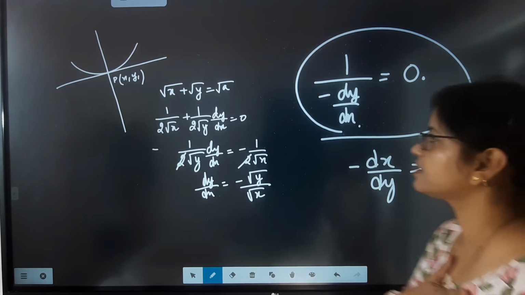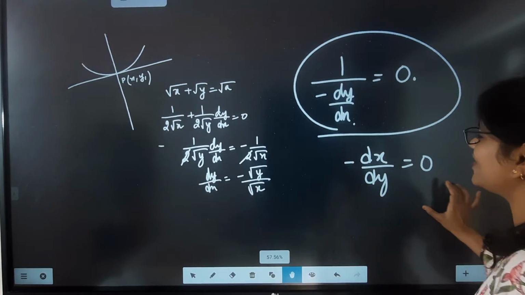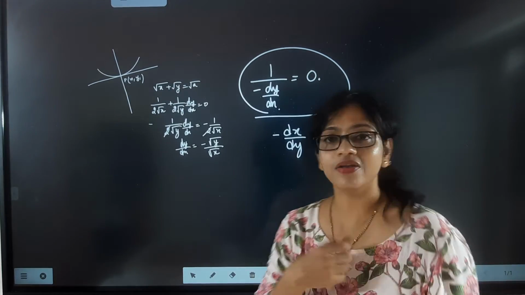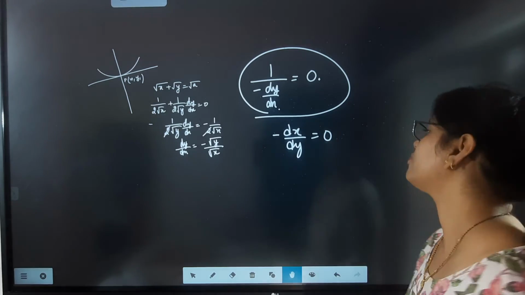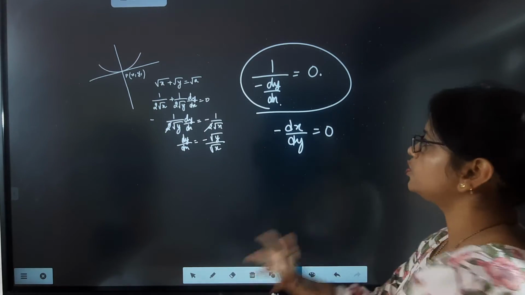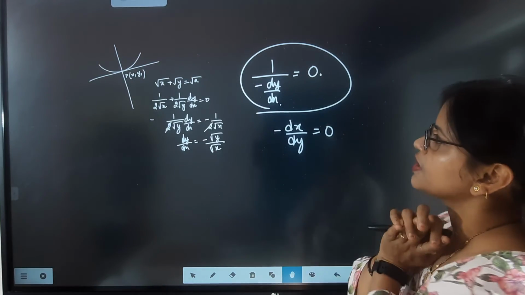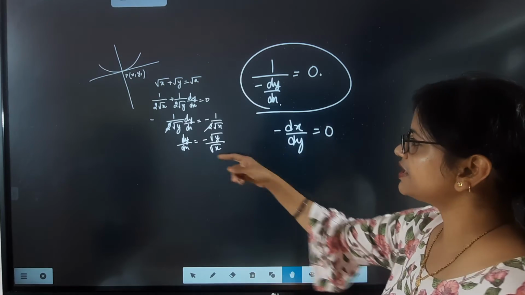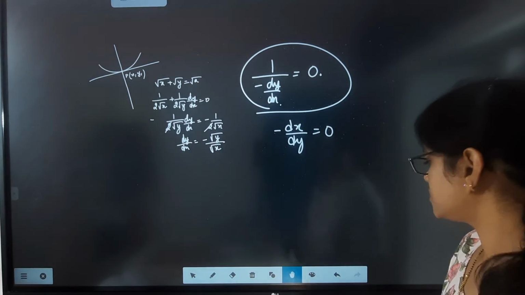Now what else are we going to do? Because they are saying that we have to find the contact point, and still we are very far away from the contact point. So what work can we do here so that we can solve this with much ease? Now our slope is dy by dx, but here dx by dy will be equal to 0.